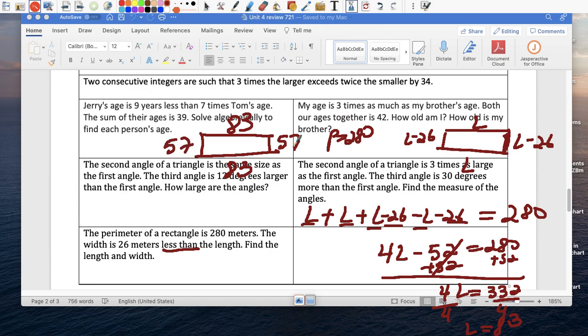Just to confirm, if you add all those 4, you should get 280. So 83 plus 83 plus 57 plus 57 equals 280. Indeed, if you add all those, it does give you 280. Okay, so this is the first one. There's another one. I'll do it, but